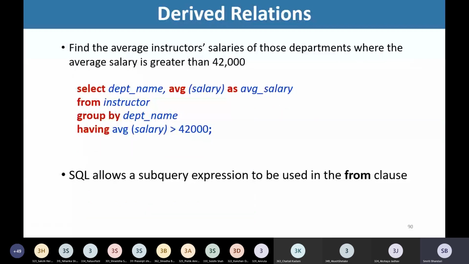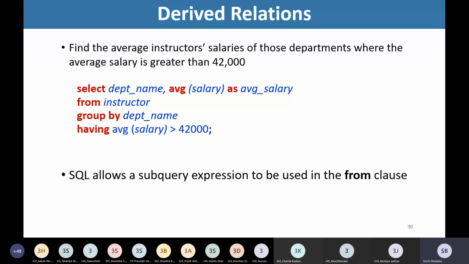with the derived relations. This is one of my favorite SQL constructs. In derived relations, it is possible for us to write complex queries. Right? So we can mold this construct however we want; whatever we want to extract, we can write the select statement by making use of this construct, derived relations.